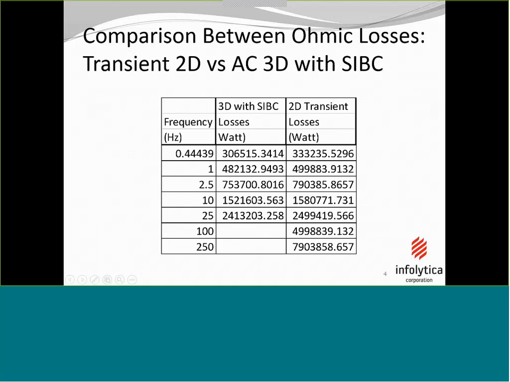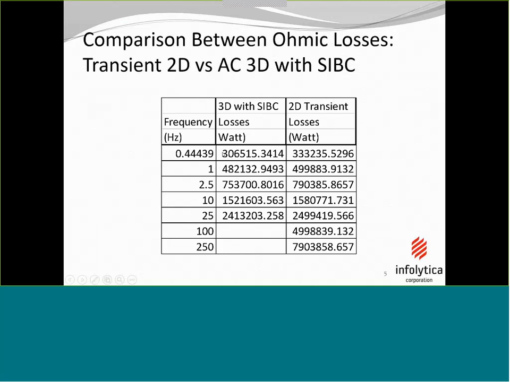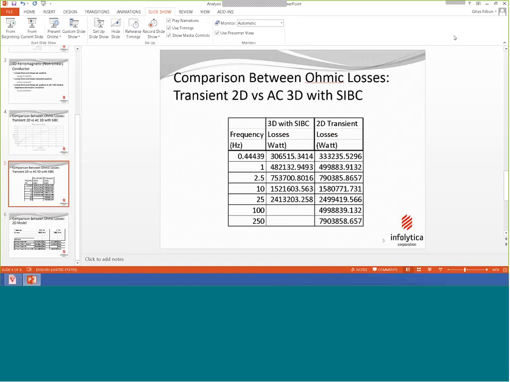And I have here the actual data that we've calculated. As you can see, as the frequency goes up, the match gets even better. So you can see that it's down below here at the very low frequency. It's about 10%, but as we go up in frequency, the difference gets smaller and smaller. Now, how do we compare that to, let's say,